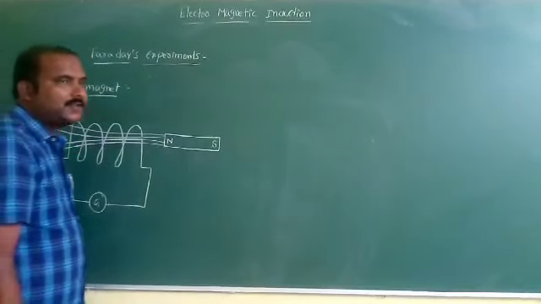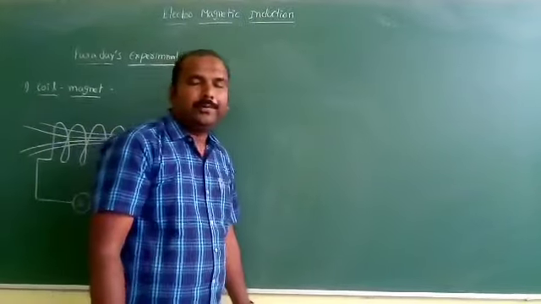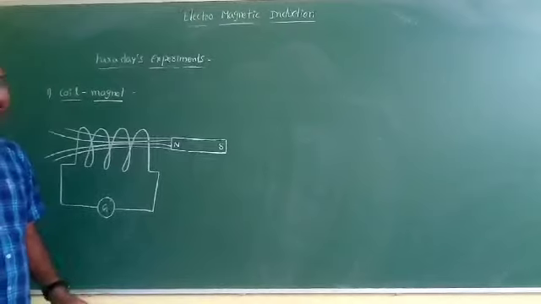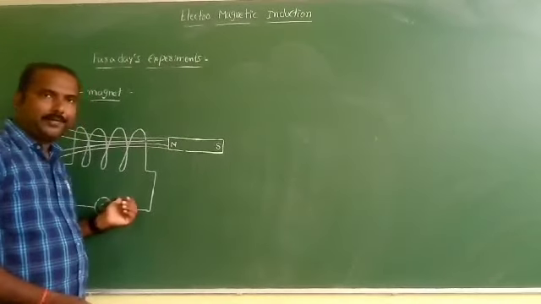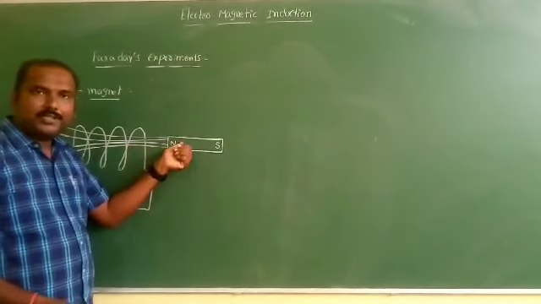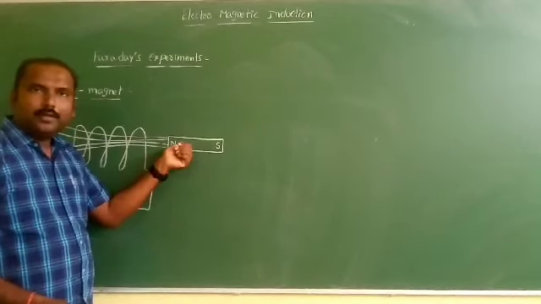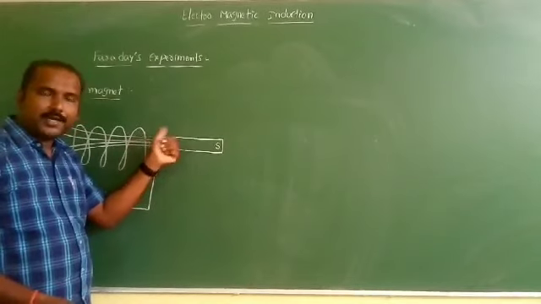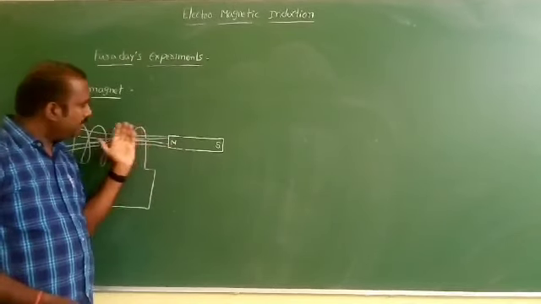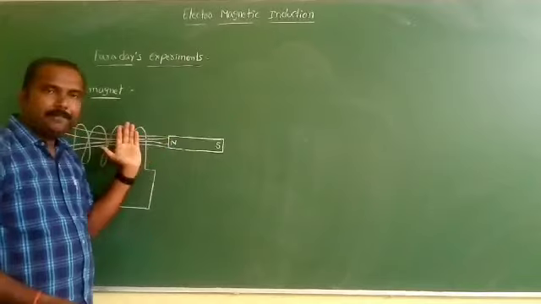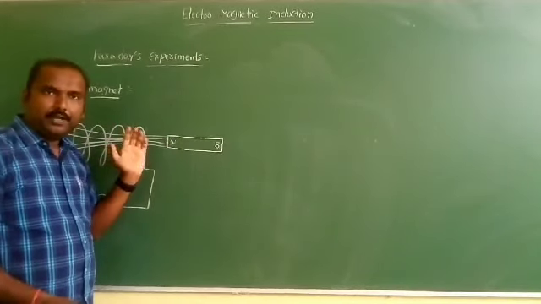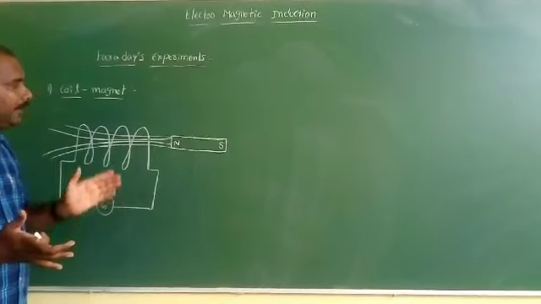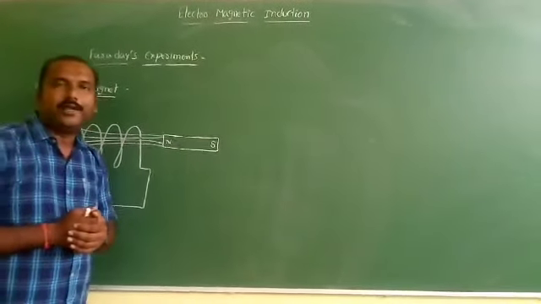And finally, we can conclude this experiment by learning one important point. What is that? If both are at rest, no current. If one of the substances is moving, then you can see the deflection. Either the bar magnet is moving towards or away, deflection is observed. If the coil is moving towards or away, deflection is observed. But if they are not moving, there is no deflection. Finally, from this experiment, it is concluded that